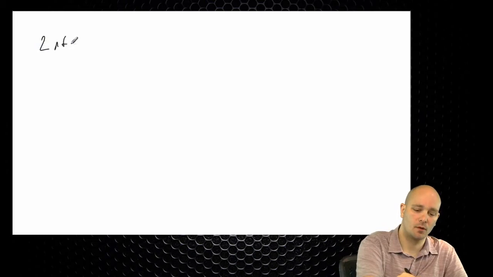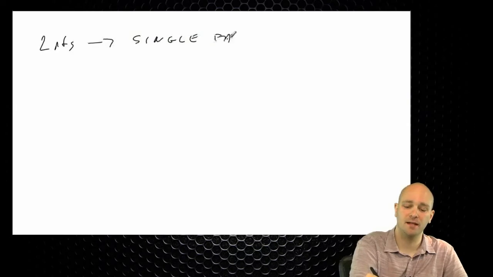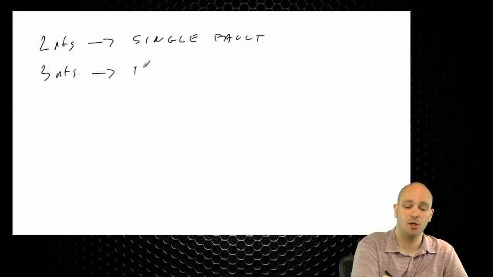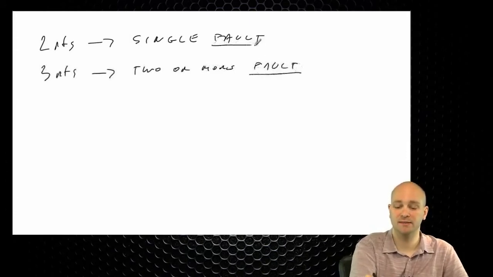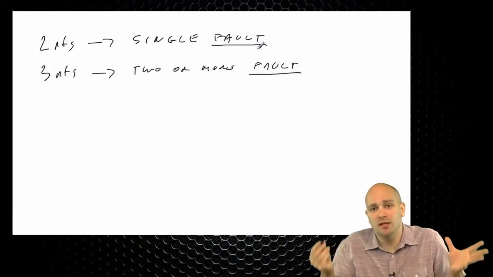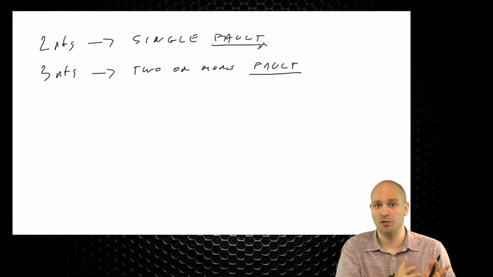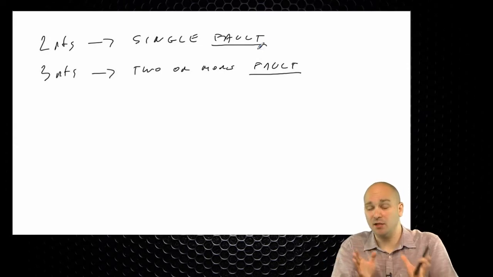So for 2-pointers, Cisco says it is going to be a single fault that you will be dealing with. For 3-pointers, Cisco says it will be 2 or more faults. Now, the definition of fault is somewhat vague. What could the fault be? In one case, a single fault could be just a mismatched password on one router. In some cases, it could be a mismatched password or password authentication on multiple routers, but it's still considered to be a single